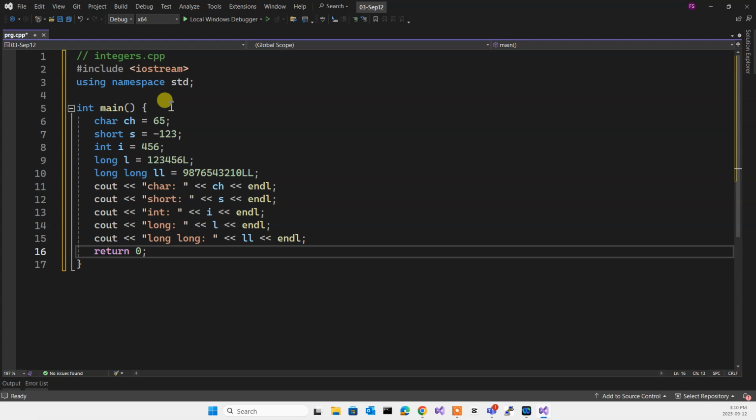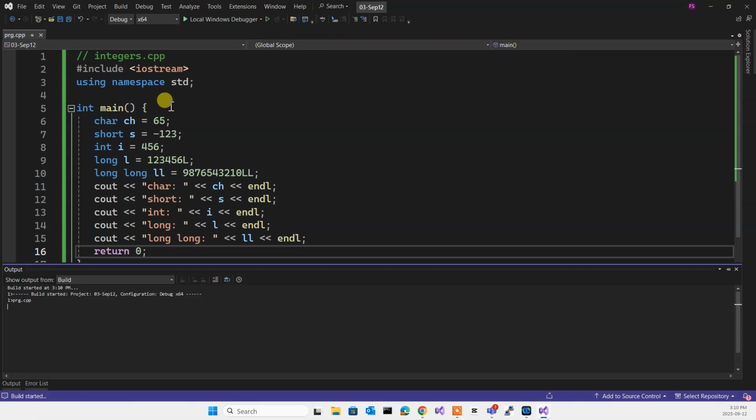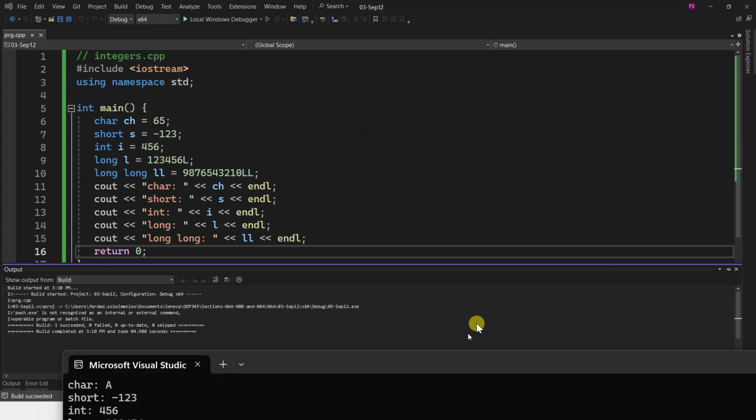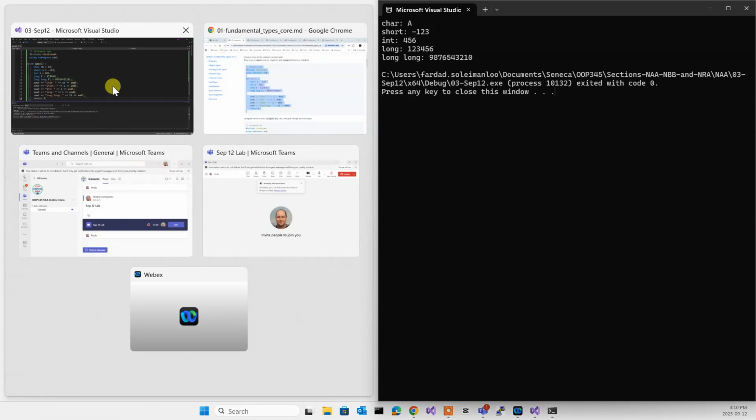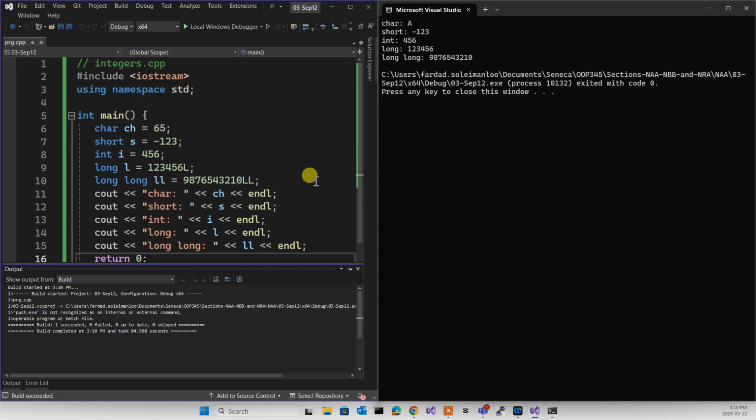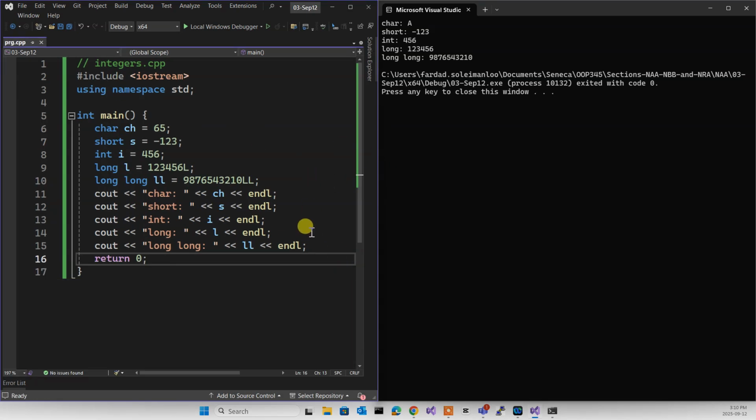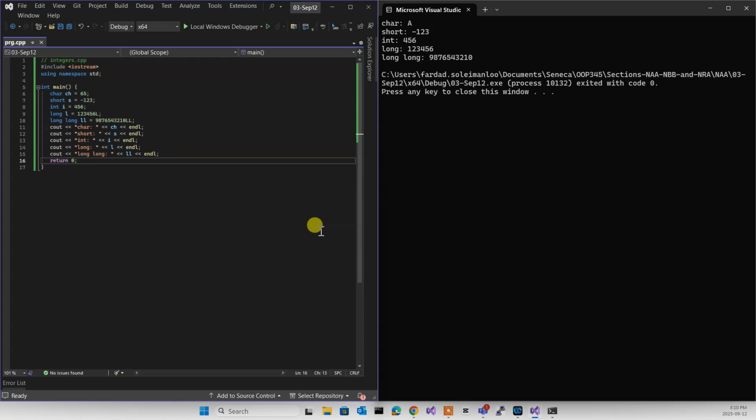Okay? So if I run the program, obviously what we are going to see will be this. And I'm going to put this one at right and this one at left. At the end of the class, tell me when is it?